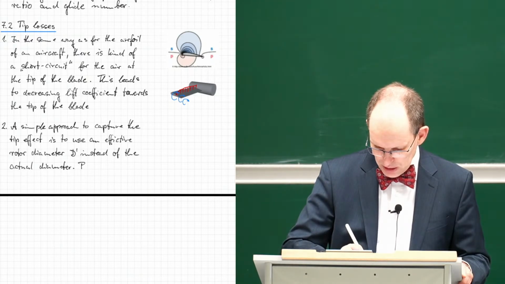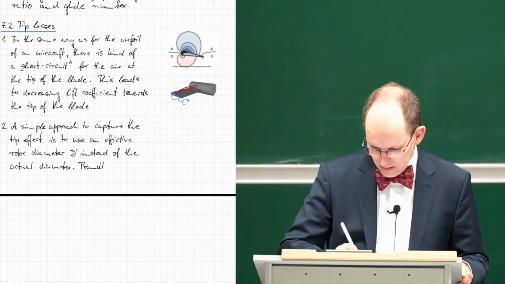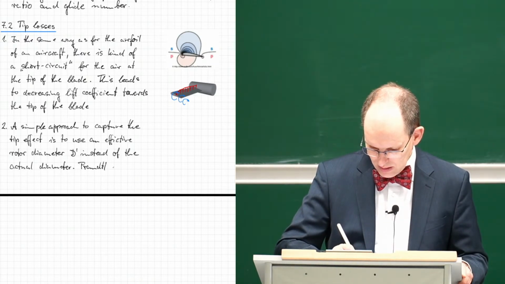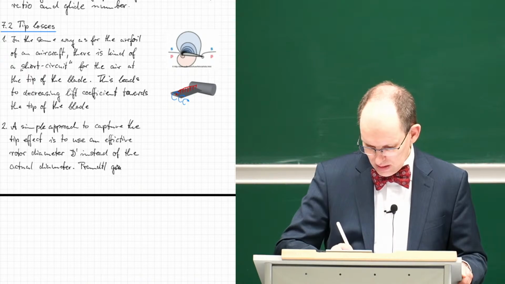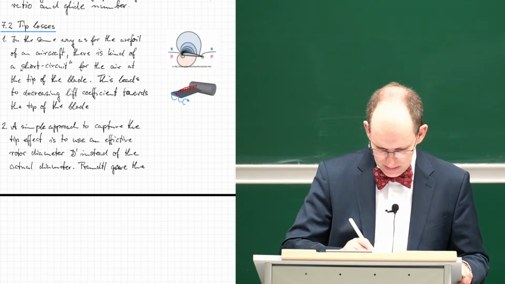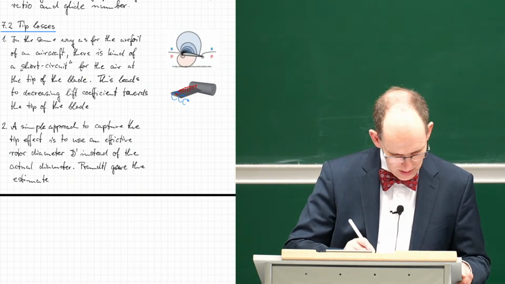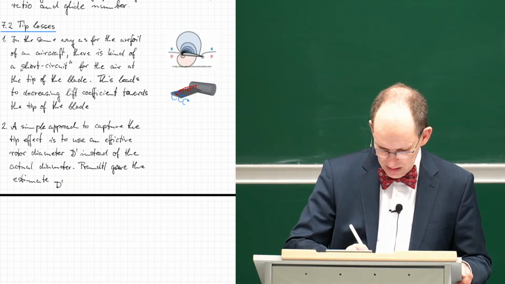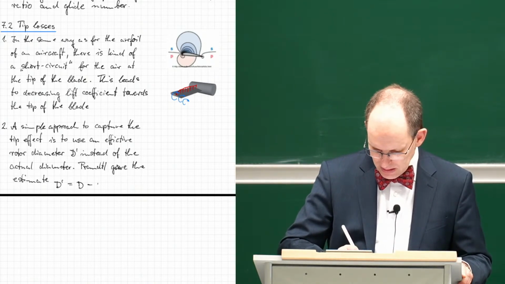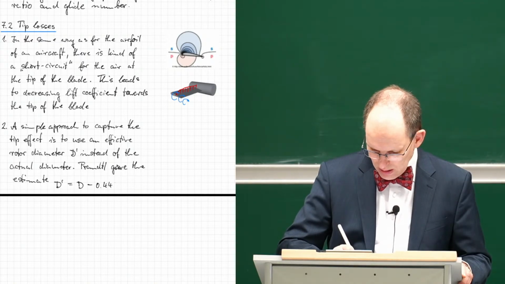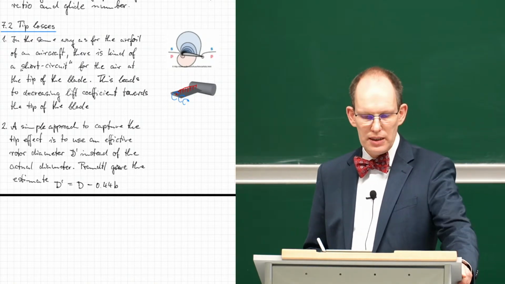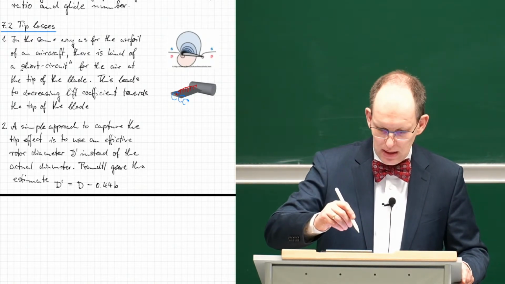And Brundle gave the estimate that D prime is equal to D minus 0.44 times some quantity B, and this quantity I want to define